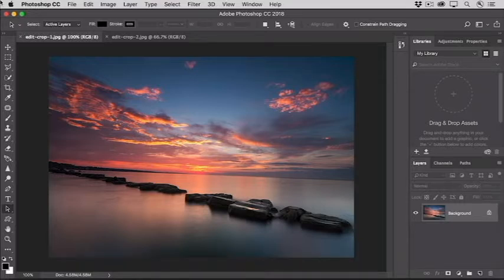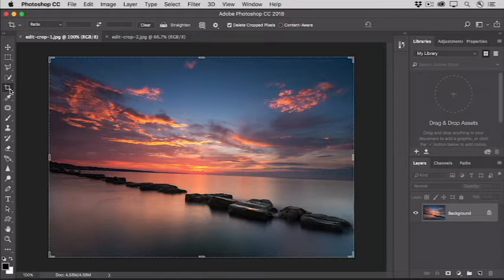It's often a good idea to start your workflow by cropping your photo to get it framed up just the way you want it before making a lot of adjustments. To crop or straighten a photo, select the Crop tool here in the Tools panel. That creates this crop boundary around the entire image. Before you adjust the crop boundary, I suggest you go up to the Options bar and uncheck Delete Cropped Pixels. That way, anything that gets cropped away won't be deleted permanently, so you can change your mind about it after